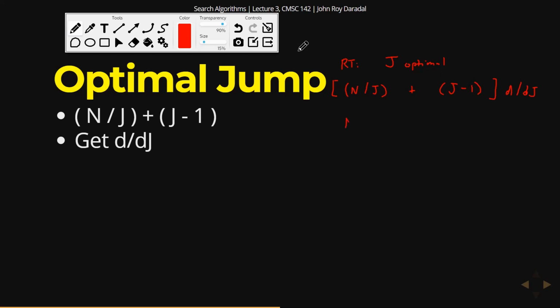So this is n times 1 over j, plus j minus 1. So j raised to negative 1 is just 1 over j, right? So if you get the derivative of this, the negative 1 will be here, n times j, and this will become minus 2. Then this one will become 1, and this one will be removed. So that would be negative n over j squared plus 1, and since we're looking for the optimal,